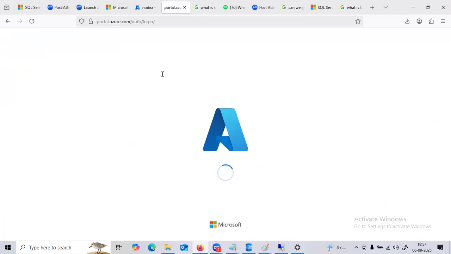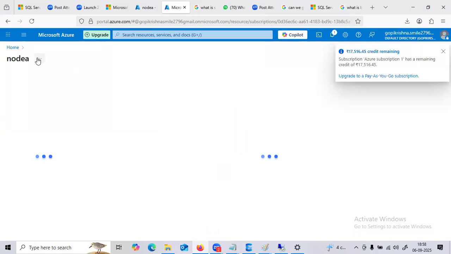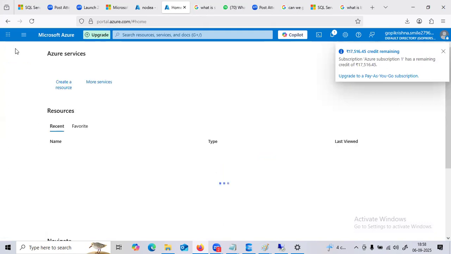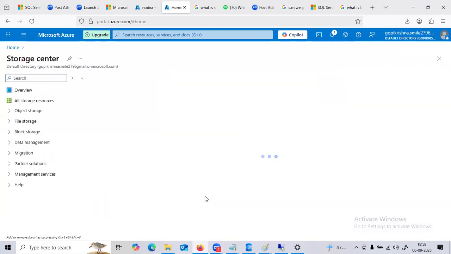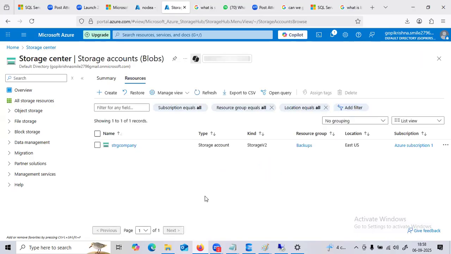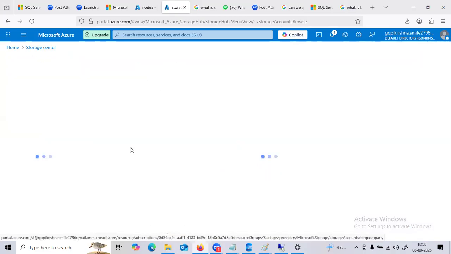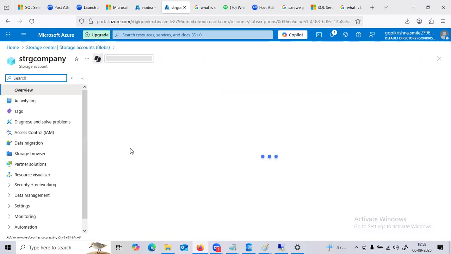If I go for a storage account, if I click here, see here, I created